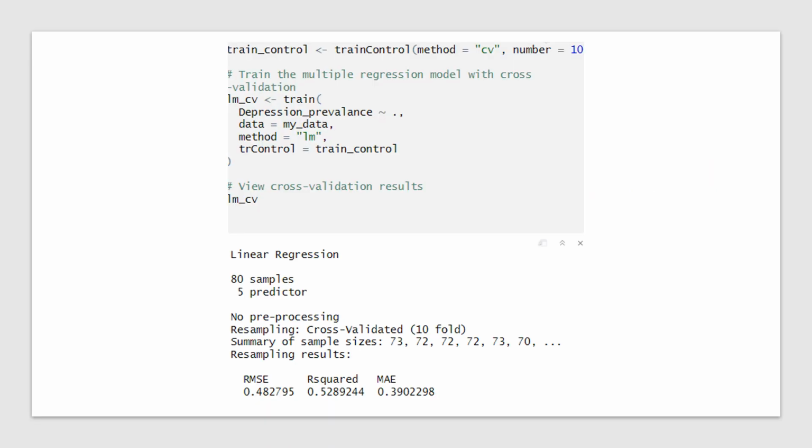I also wanted to do some validation. So I did some tenfold validation here on the linear model, and with the tenfold validation, we did get slightly improved stats. We actually jumped our R squared by 10%. So there is room for improvement in this model, and that kind of shows that maybe with more data points, we can predict more of the variance.